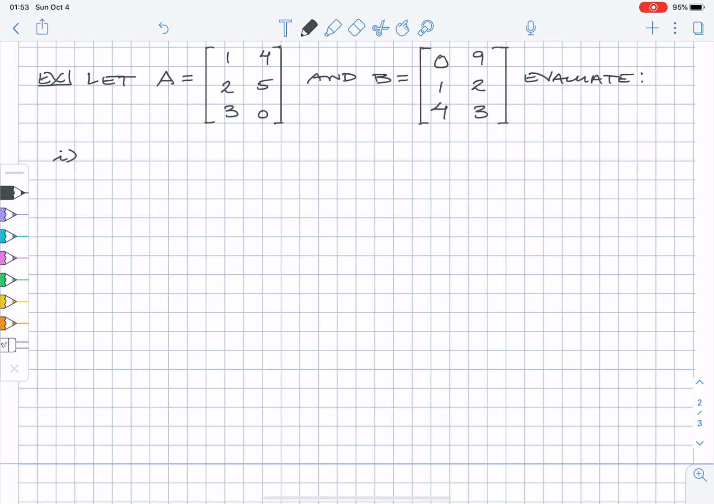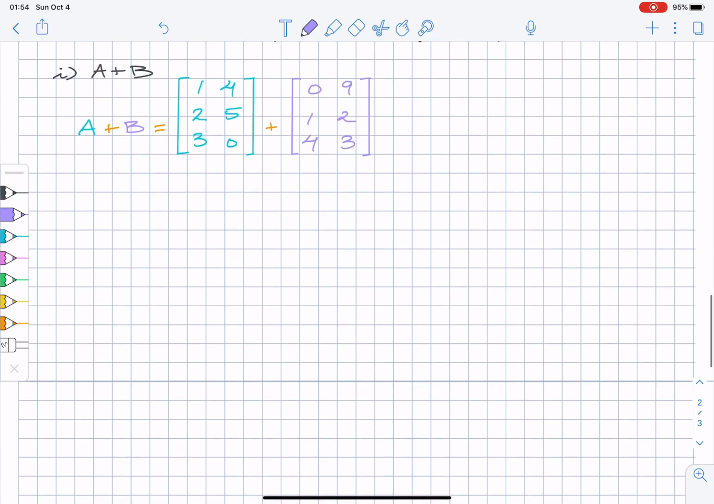Number 1, let's do A plus B. So A plus B is going to be, so matrix A is 1, 2, 3, 4, 5, 0, which I'm going to add to matrix B, which is 0, 1, 4, 9, 2, 3. Okay, so what we get then,